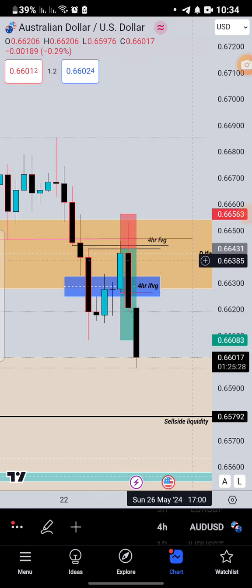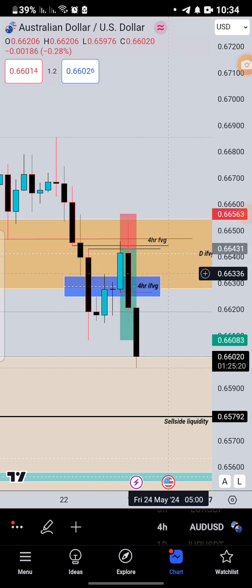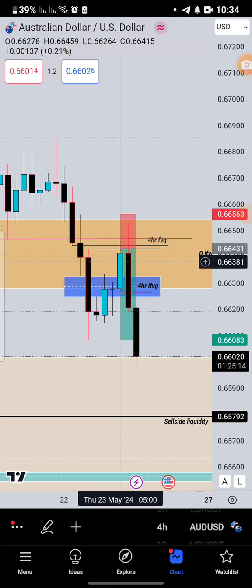Also, remember we have this daily inversion fair value gap. So this is my other confluence, that I want to see the candles respect the inversion fair value gap midpoint, and this candle gave me the idea because I'd seen it close at exactly the midpoint, right? So after seeing that, this also added to me confluences that we are going lower.